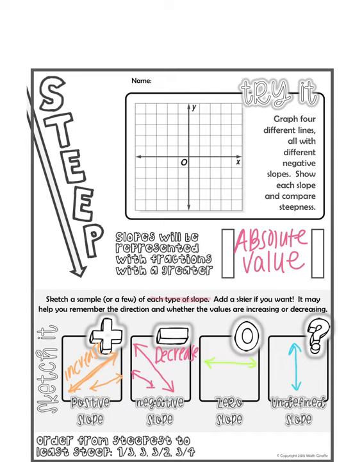Okay, so up at the top where it says try it, we are going to graph 4 different lines, and actually by we I mean you. We're going to graph 4 different lines, all with negative slopes, and then you're going to look at the steepness of them. So to graph your points, I would start with points first, and then make sure that you're going down as you move across. So really all you need to do is plot 2 points and then graph. So 2 more,